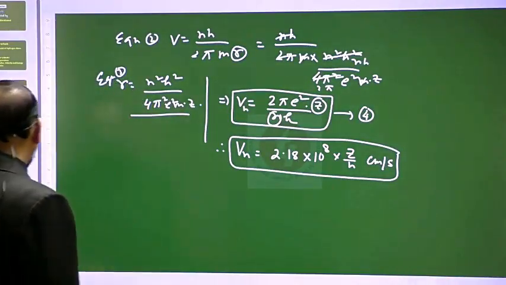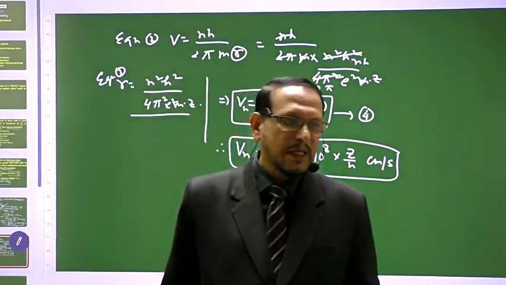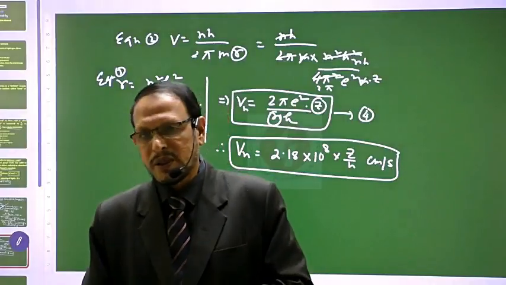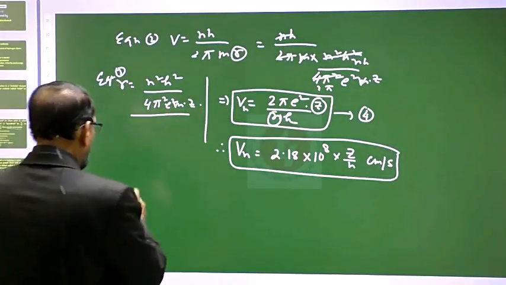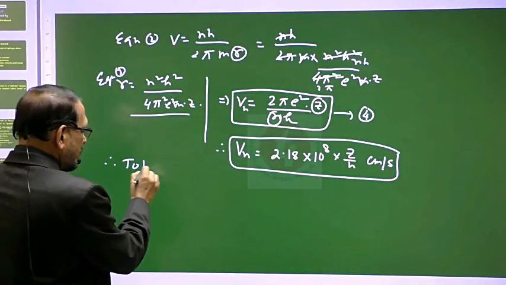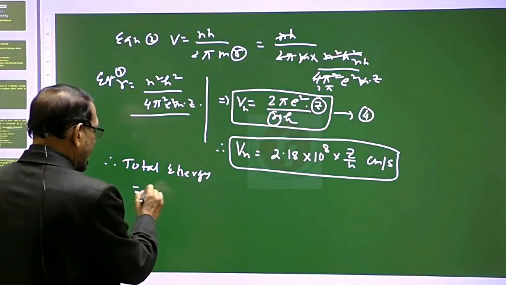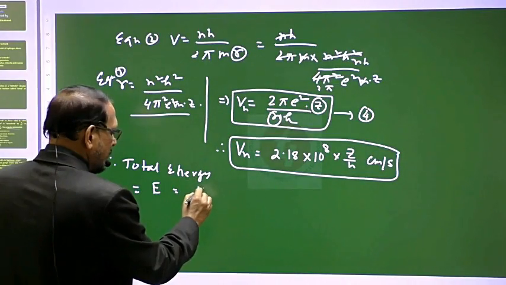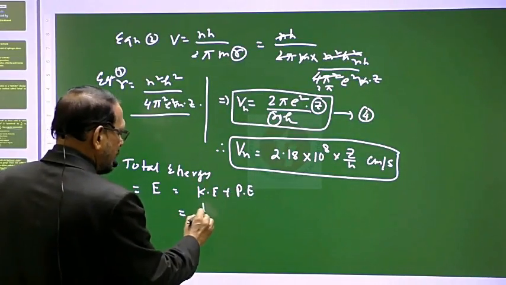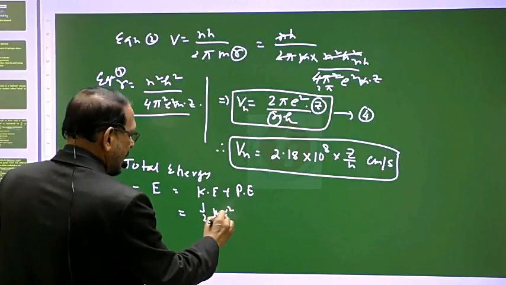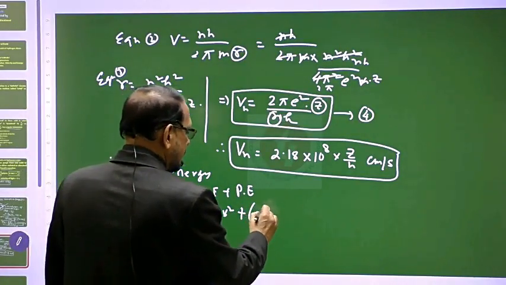Okay. Now our objective is to calculate the energy of the electron. We know that when the electron revolves in a circular path, the total energy is the kinetic energy plus potential energy. So we can write E is equal to kinetic energy plus potential energy. Kinetic energy is equal to half mv square and potential energy is equal to minus Z square by